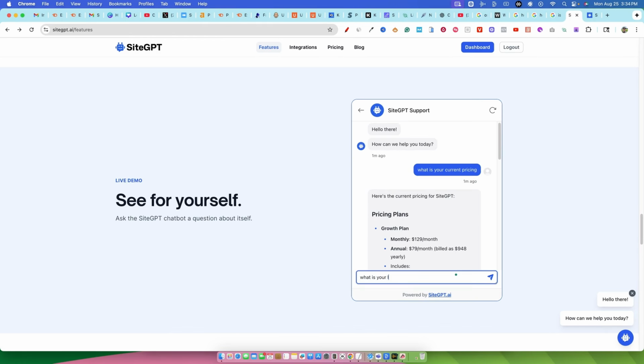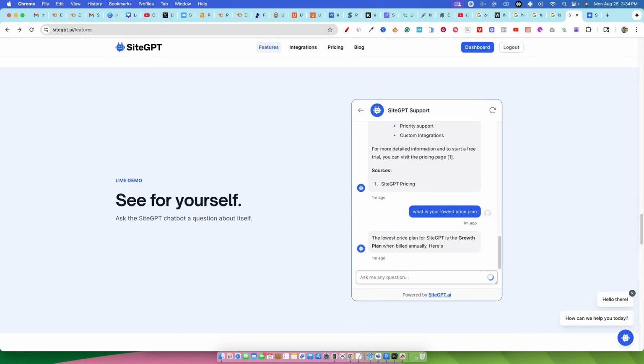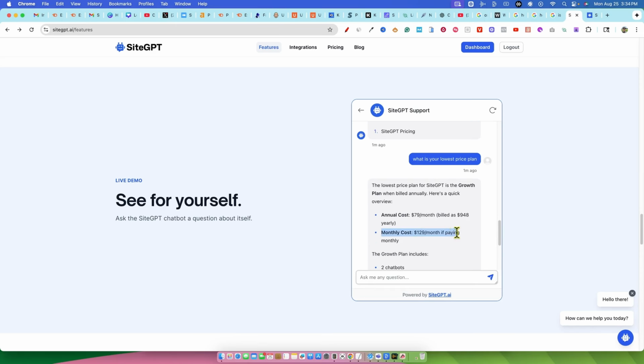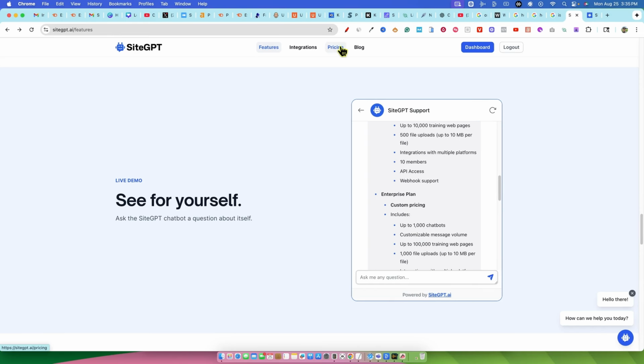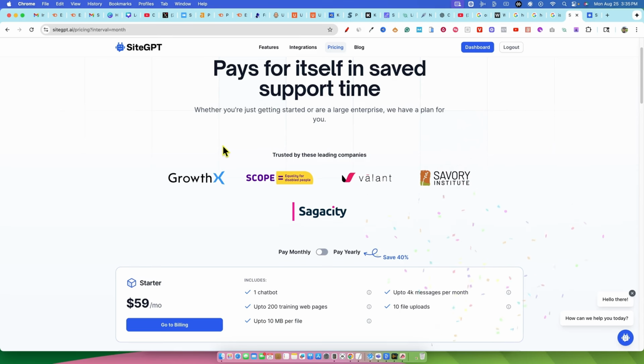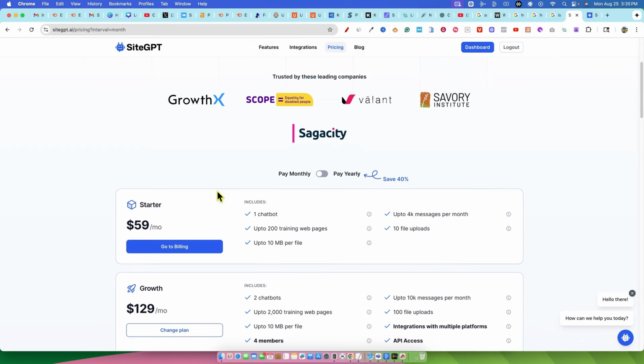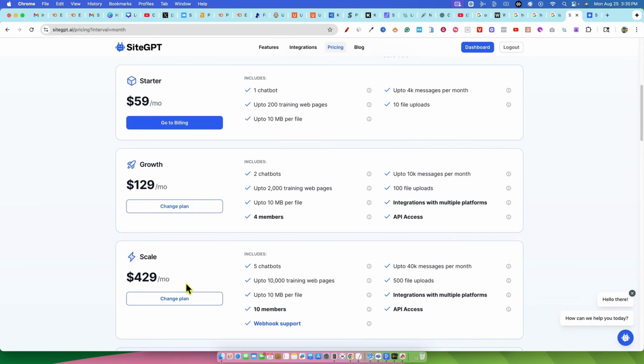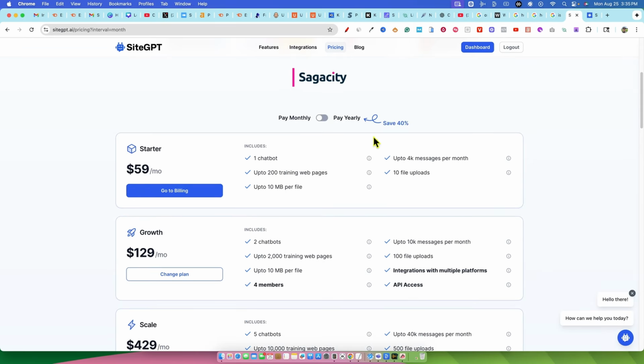What is your lowest price plan? So I don't know if it actually gave us the lowest price plan. So you have this one right there, the growth plan. I'm going to go over here and click on pricing real quick. And for whatever reason, that actually was not answering what we wanted it to. It was answering the growth and scale plan, but we have the starter plan,